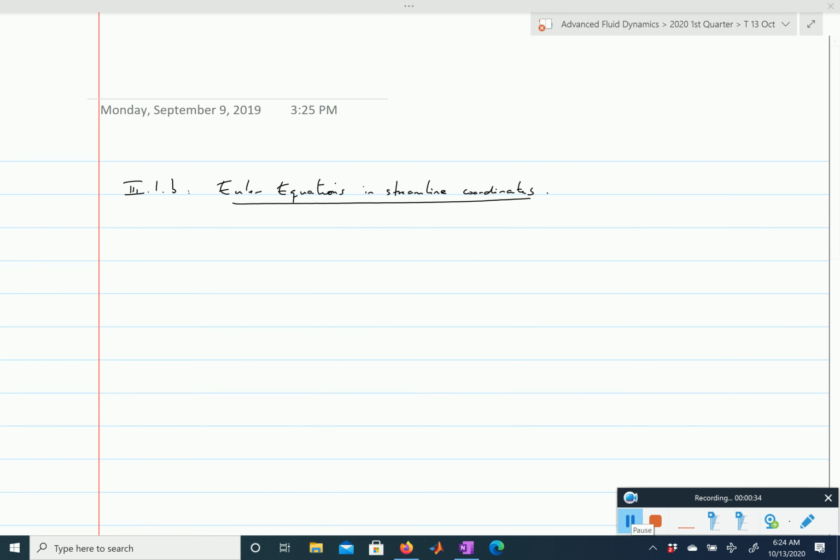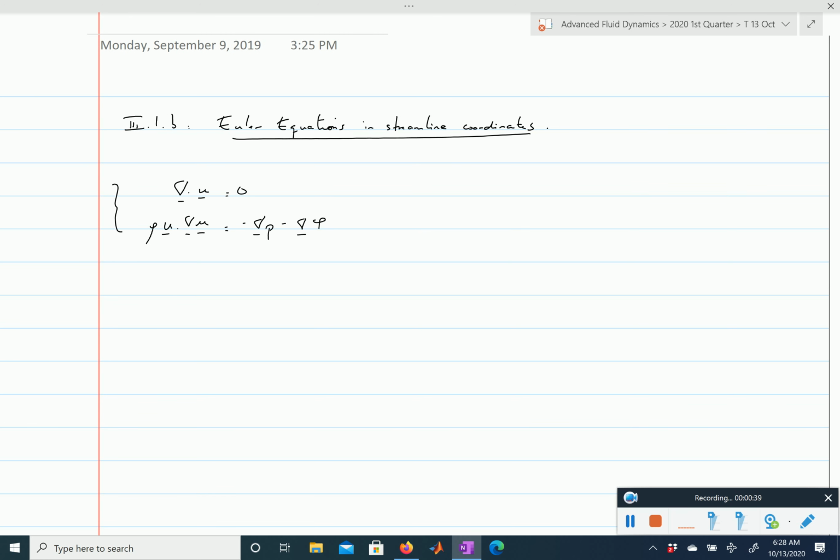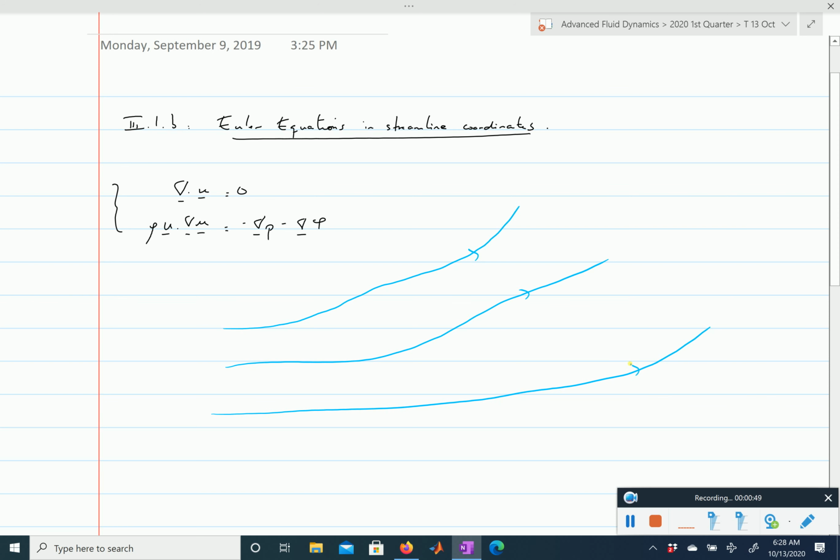So we start from the steady state Euler equation. Here we have our flow, incompressible, and it's steady. So what I'm representing here are really streamlines. Let's say you consider this streamline, and at every single point you can define a tangent vector and